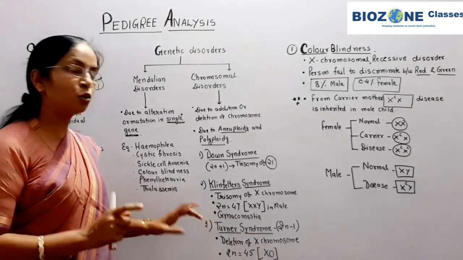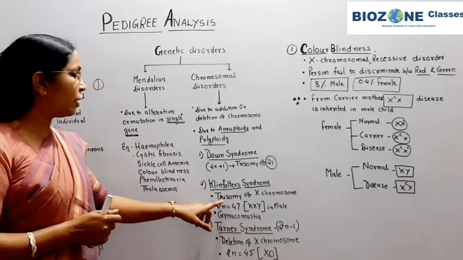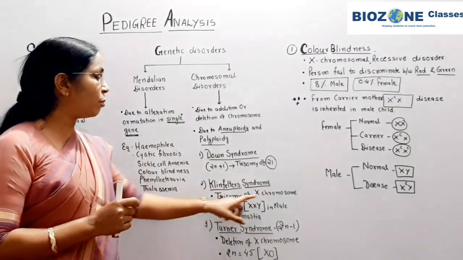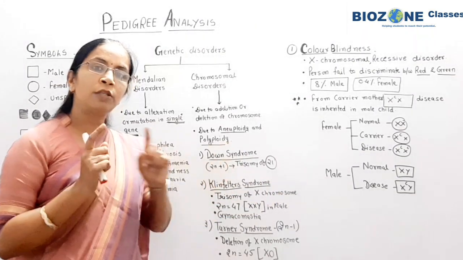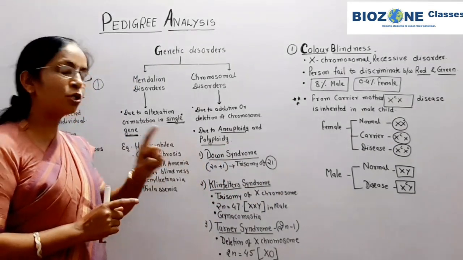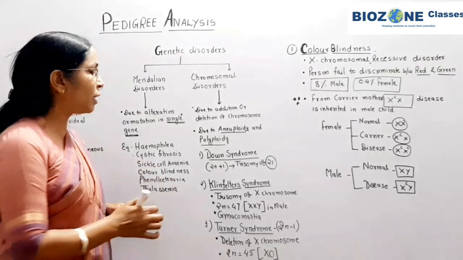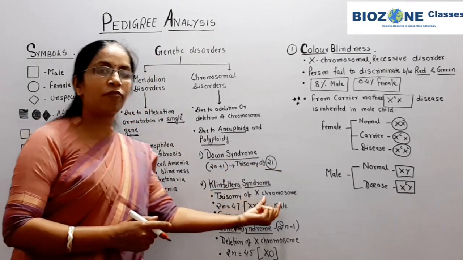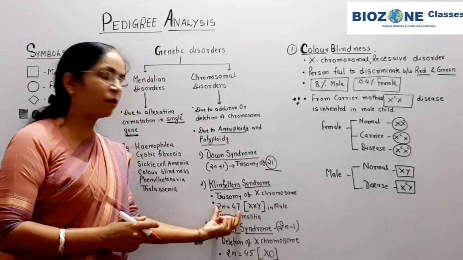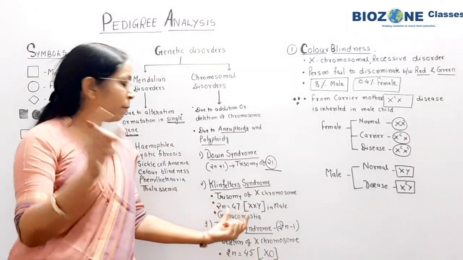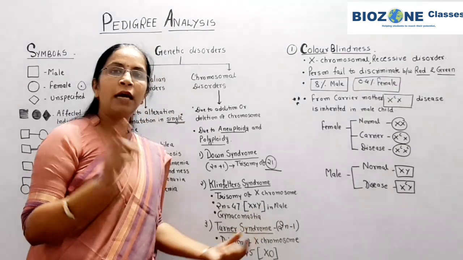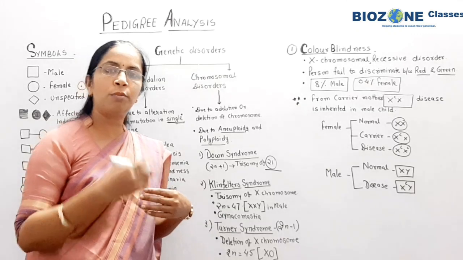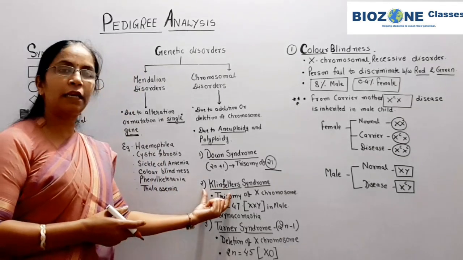Now we come towards the second chromosomal disorder, that is Klinefelter syndrome. Whenever you study Klinefelter syndrome, always remember it is an X chromosomal syndrome and it is a trisomy of the X chromosome. That means the chromosome number in Down syndrome is also 47, but here the autosome number is increasing, whereas here it is the trisomy of the X chromosome, that means the chromosome number is 47. In a male individual XXY and in females XXX. In females you study triple X syndrome. What is triple X syndrome related to?